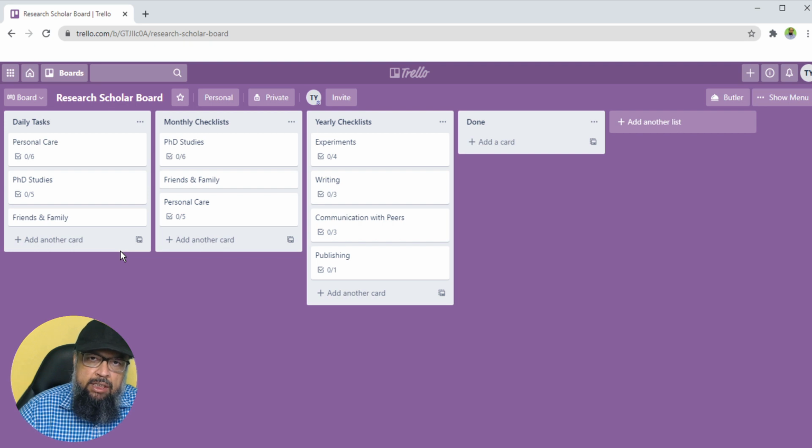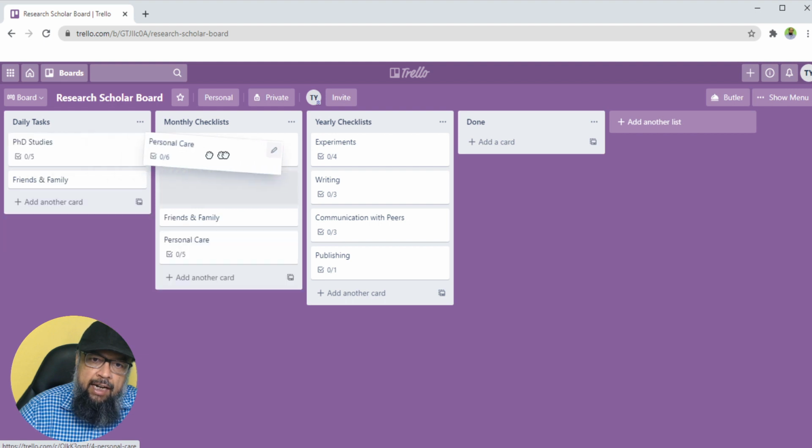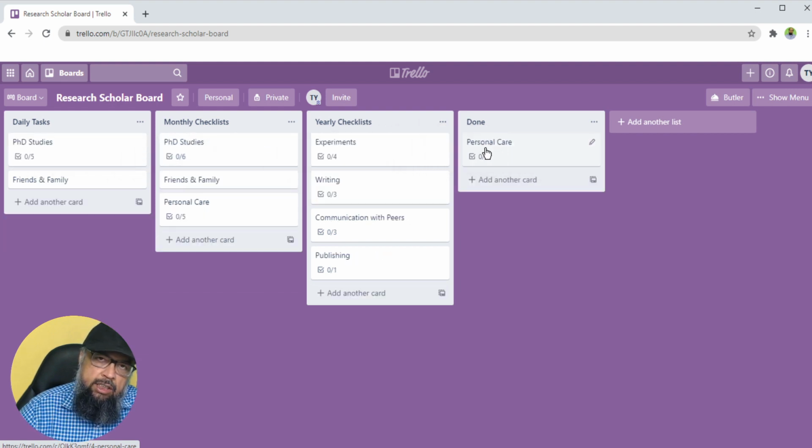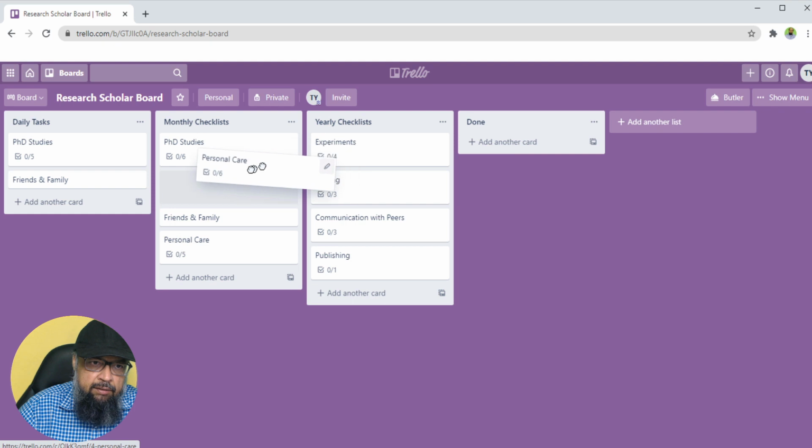Then what happens is that, for example, this is your doing list and you have completed these tasks, whatever is in this card. You can simply click and drag this card to your done list. Now the card has been removed from this list and you have moved it to the done list. As I mentioned, normally you have 3 lists. You move the card from the to do list to the doing list, and when you have done that card, you can move it to the done list. So this is how you organize your work. I would put it back.